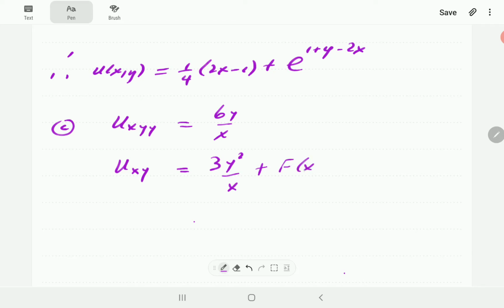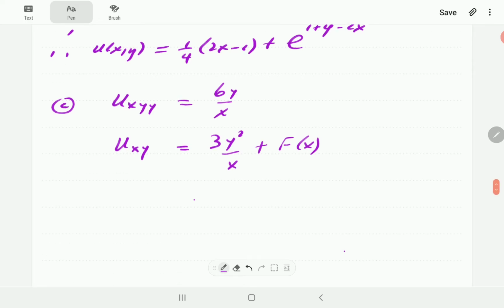Then we're going to have to add a function of x. Then we integrate again with respect to y. 3y squared now becomes y cubed. Integral of this with respect to y is going to be y times f of x. Then we are going to have to add another function,